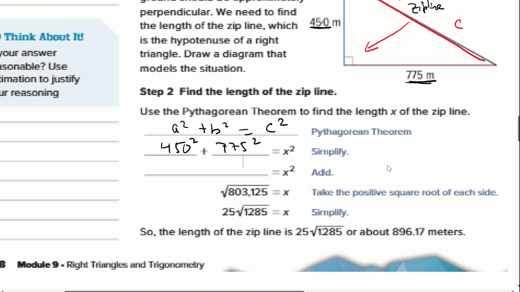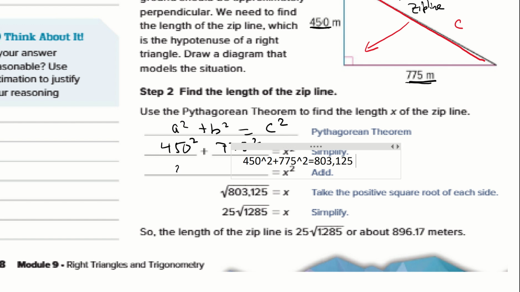And let's go ahead and add these together and multiply them. So we got 450 raised to the second power, or you could say multiply it by itself. Okay, let's figure out what that is. 202,500. And then let's add that to 775 squared, so 450 squared plus 775 squared is 803,125. Okay, now we're going to take the square root to cancel out the squared there. And so now we got to do the square root of